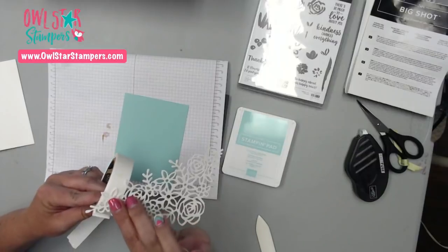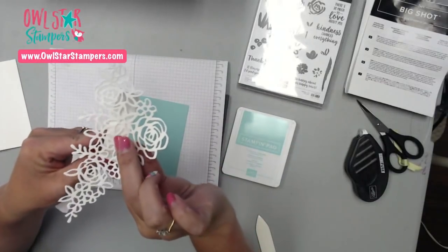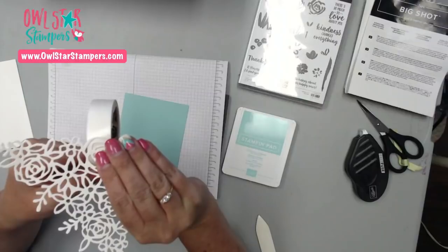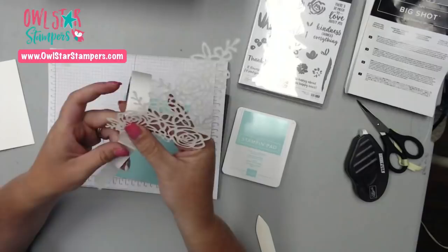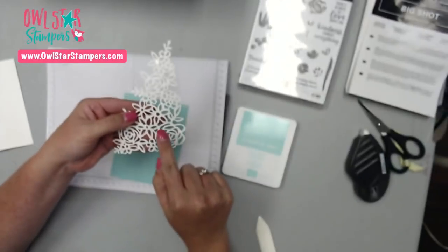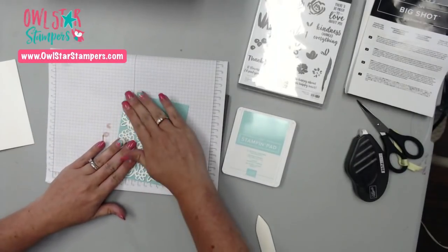So I'm just going to find a flower there and press it and lift up. So there's one. I'm going to put one down here. And we'll do one over here towards the edge. And maybe one more. And then we will stick this down. We'll do one more over here. Okay, so I have 4 mini glue dots on the back. There, there, there, and up here. Now we're just going to put this down, stick it down,